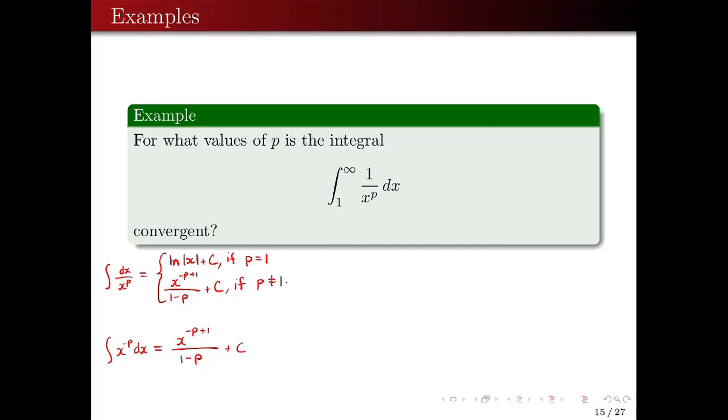So, if we have that, we now solve the integral from 1 up to plus infinity of dx over x to the p. By definition, this is just the limit as t approaches plus infinity of the integral from 1 up to t of dx over x to the p. Okay? But according to this,